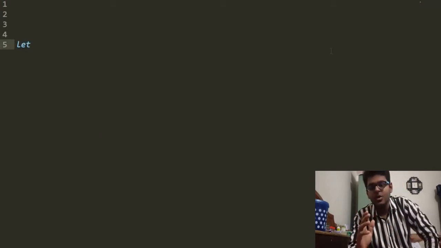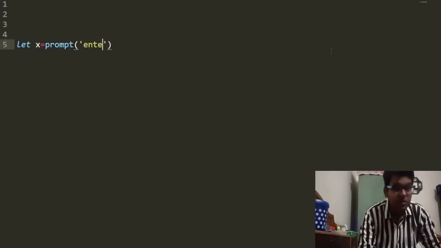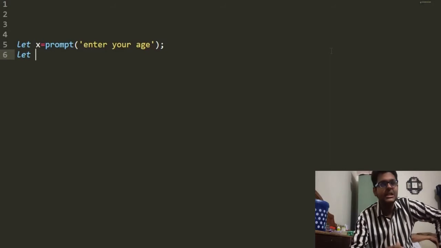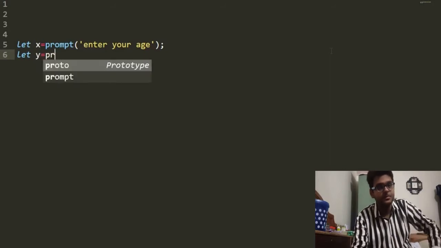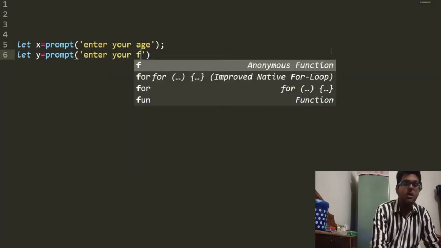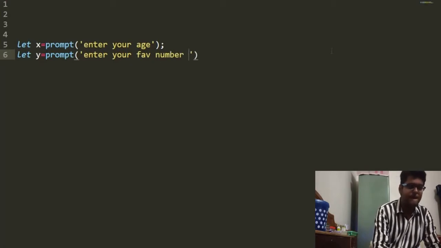Now checking with the logical operator. Say let x equal prompt, enter your age. So this is the first one, and let y is equal to prompt, enter your favorite number.